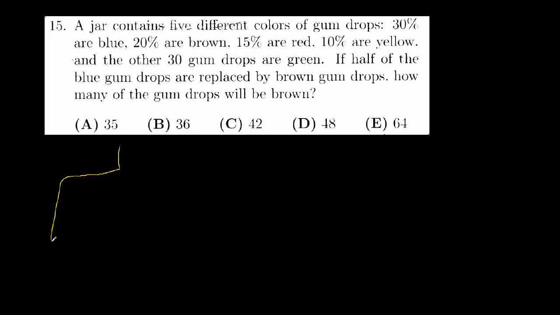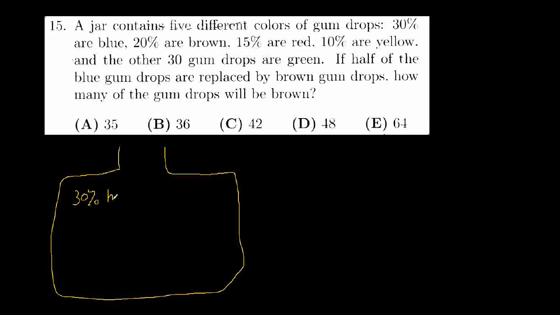So let's draw a big jar. 30% of the gum drops are blue, 20% brown, 15% red, and 10% yellow. The others are green,